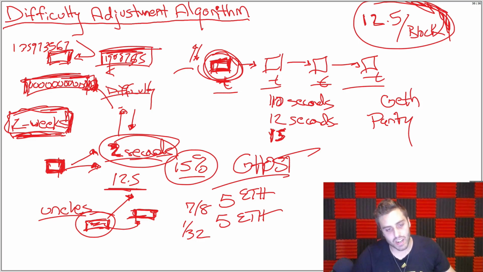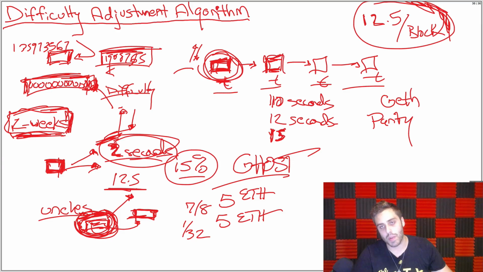And the whole idea here is that including these uncle blocks adds security to the network, because all this hashing power that went into it is included in the main chain, and it would make a 51% attack that much harder. But it also mitigates against this latency attack, where miners that are mining valid blocks but maybe a little late to get in the main chain are still getting mining rewards from it.